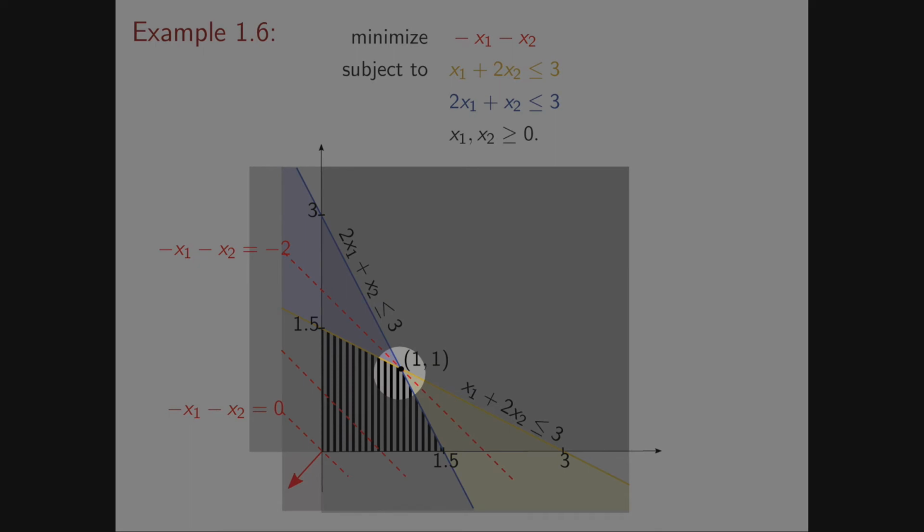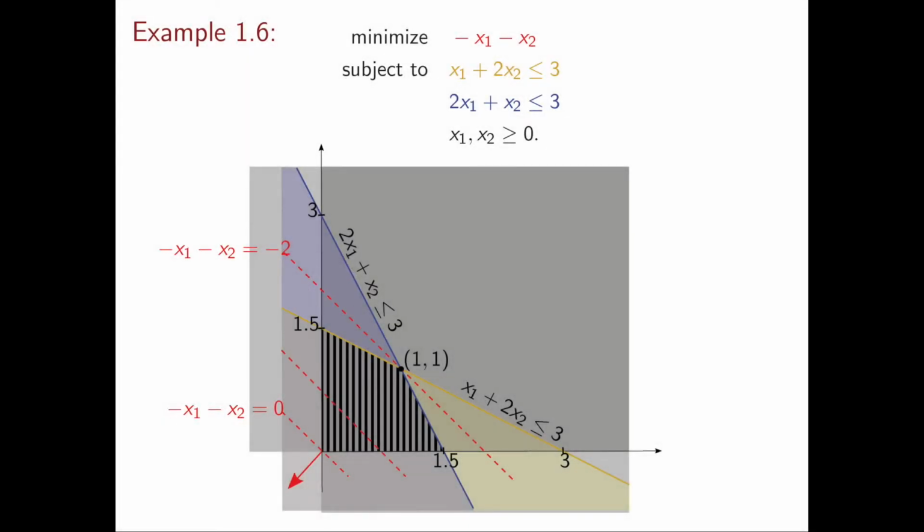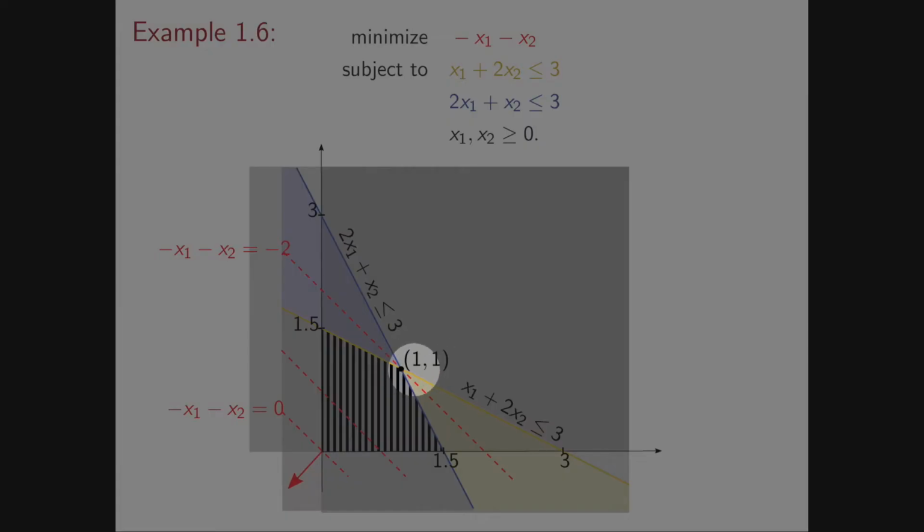which means that we're going to stop in this point here. So why are we stopping here exactly? Well, this is because this is a feasible point, of course, it's in our feasible region, that is on this red line, so its objective value is minus 2, and if we move this red line just a little bit more up, then we obtain a better objective value, but there will be no feasible point at all on the line, and so we're not able to find a better solution than our vector here, (1, 1).